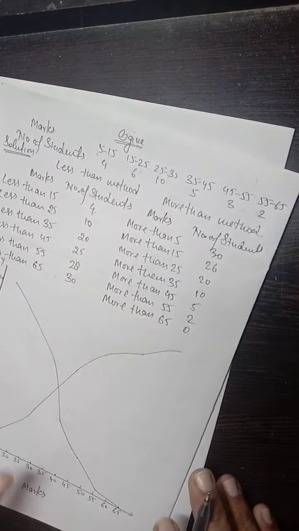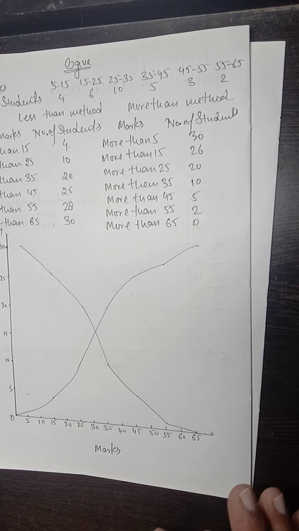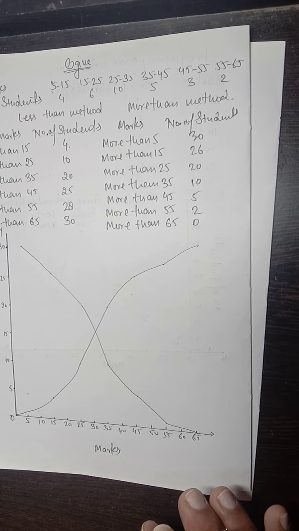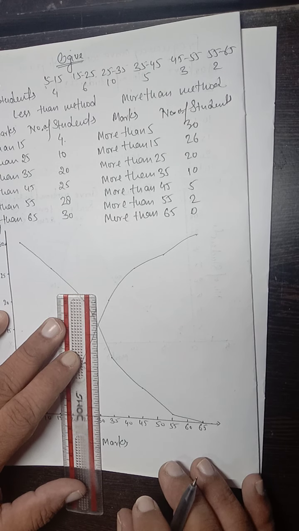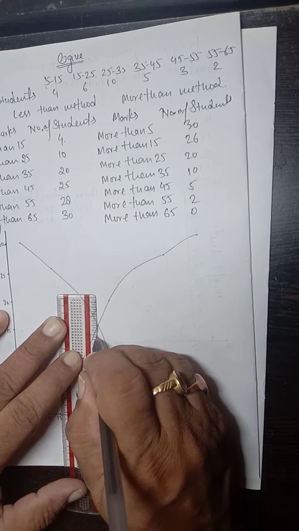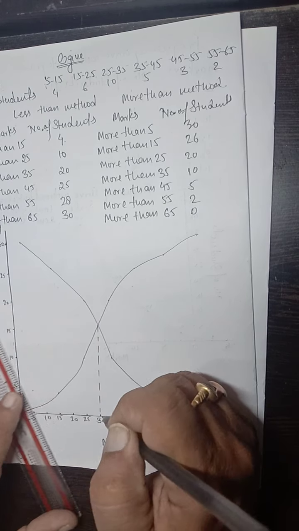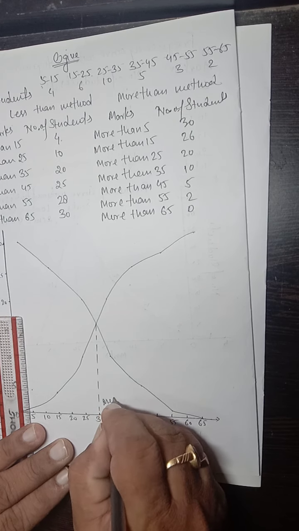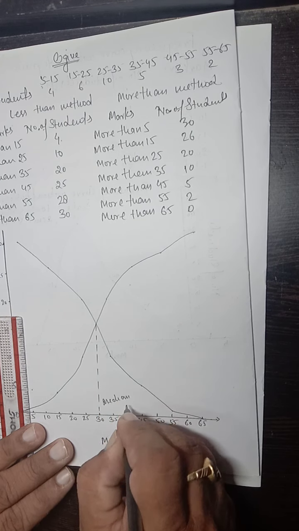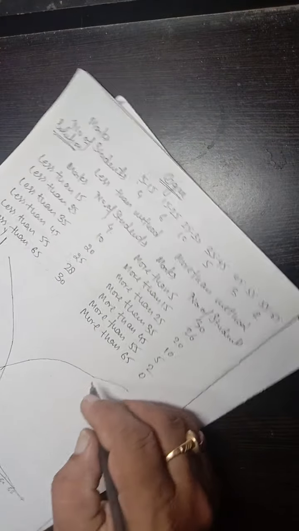After that, what we can do here, you can just use the scale and the dotted line can be drawn here. The point which is representing here will be the median, that is 30. And one more thing you can write here, less than ogive,